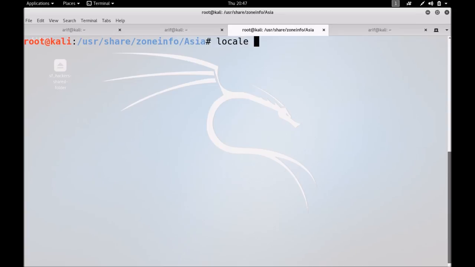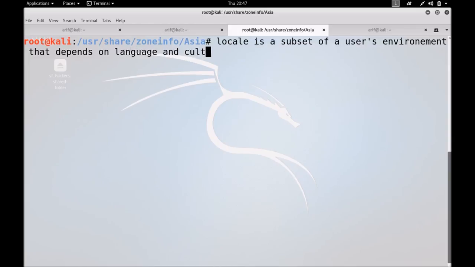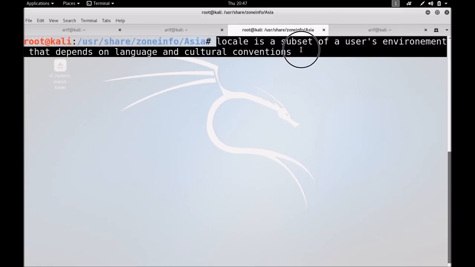So locale is a subset of a user's environment that depends on language and cultural convention. Let me read it again for you. This is important.